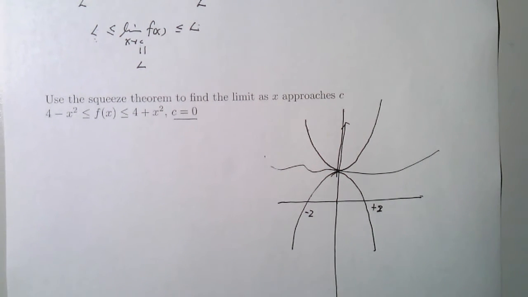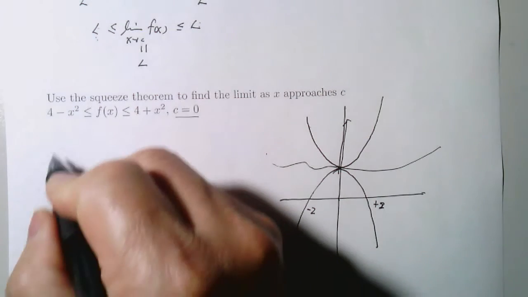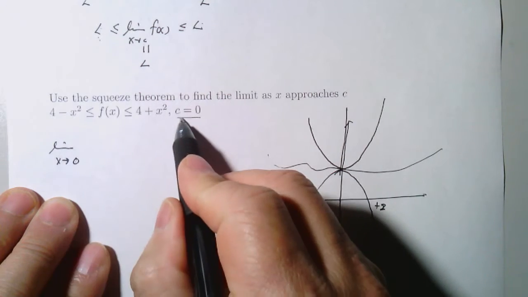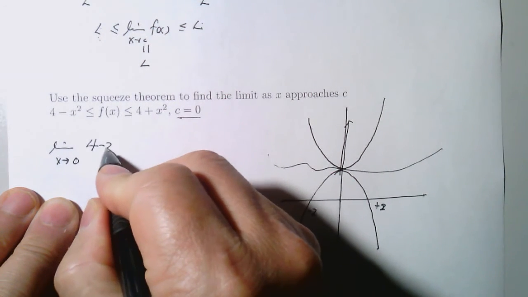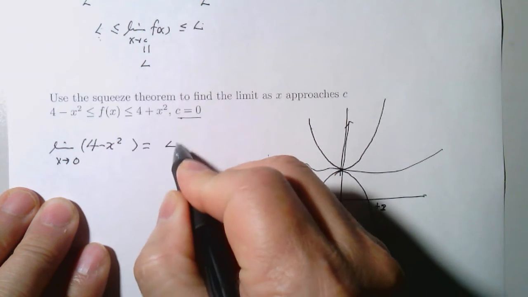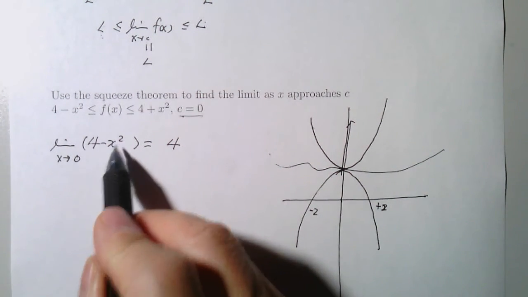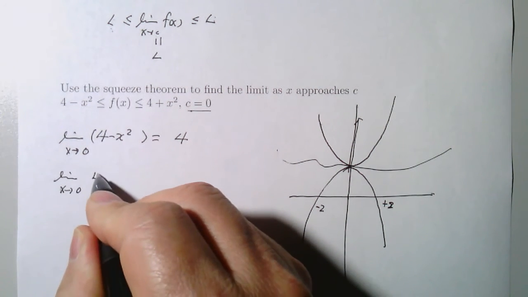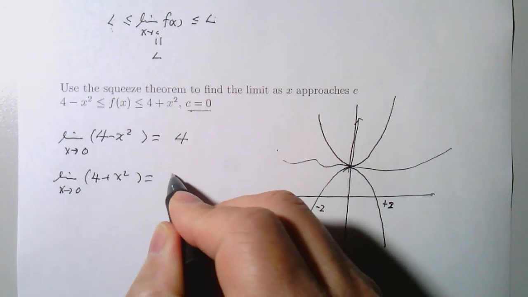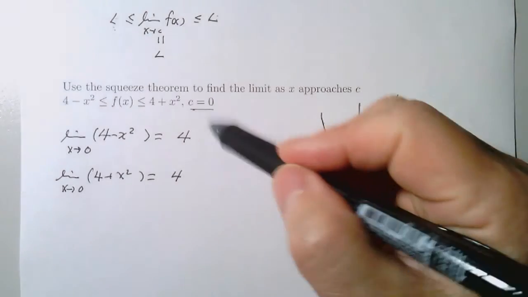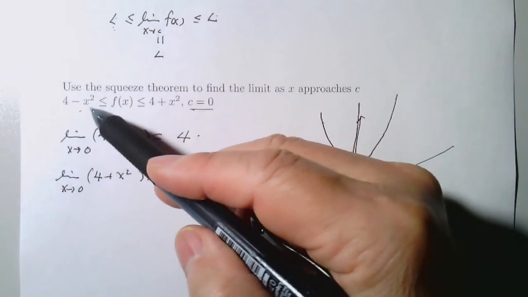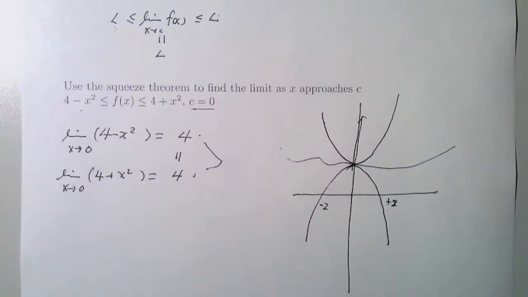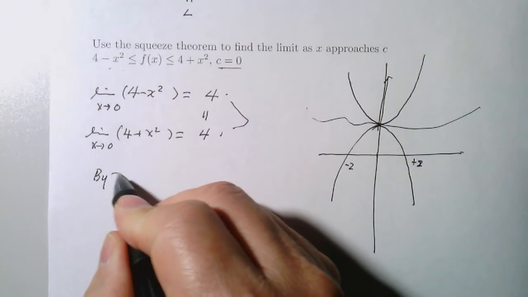Okay, so what we have here, we go ahead and take the limit as x approaches 0 for this because c equals 0. So 4 minus x squared equals 4. You just simply substitute x equals 0 in there. And also as x goes to 0, 4 plus x squared is equal to 4 too. So now, because those are two functions that satisfy the squeeze theorem, and their limits are actually the same, okay, so by the squeeze theorem,